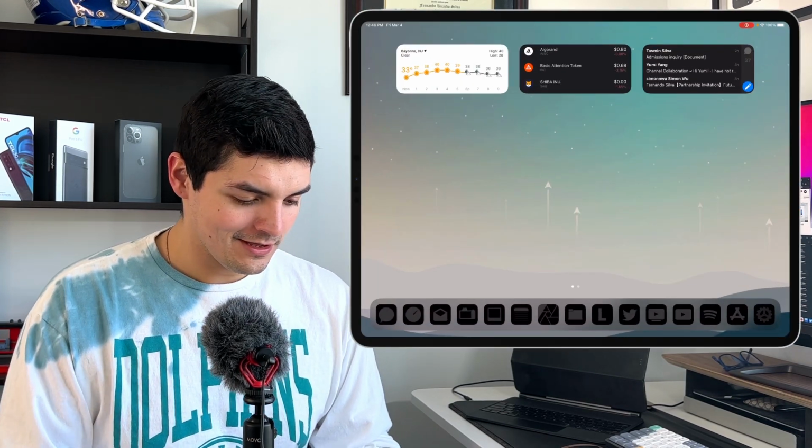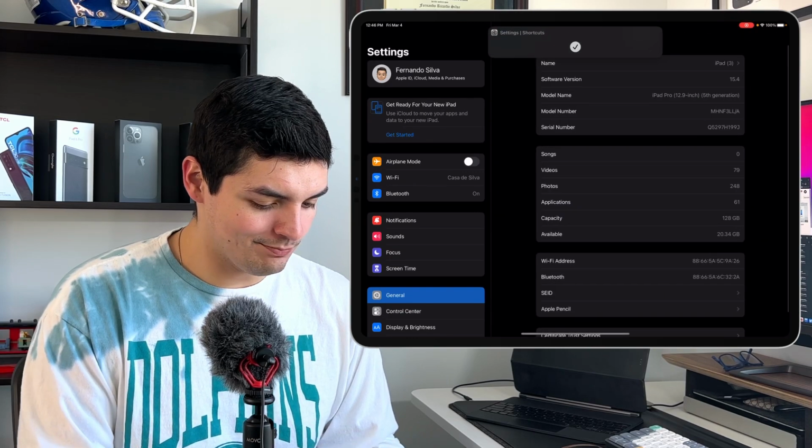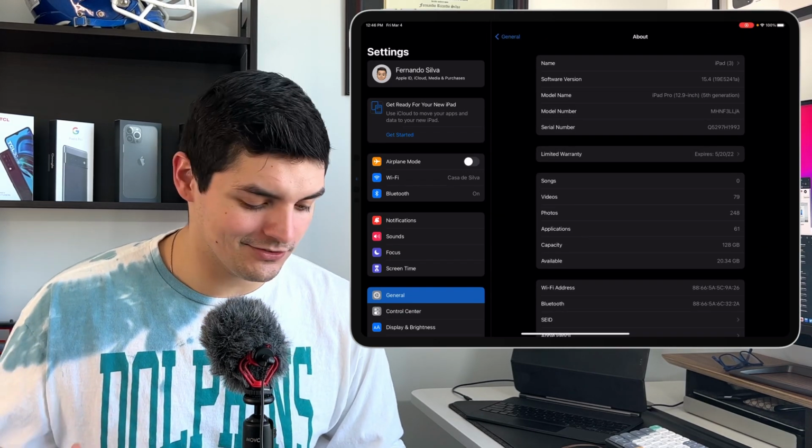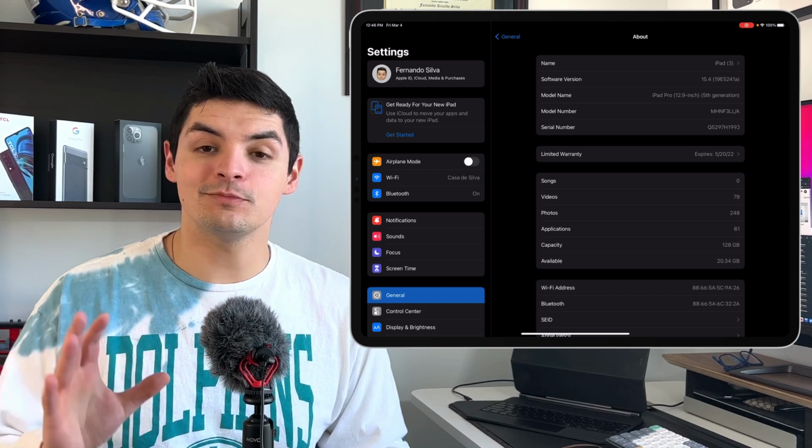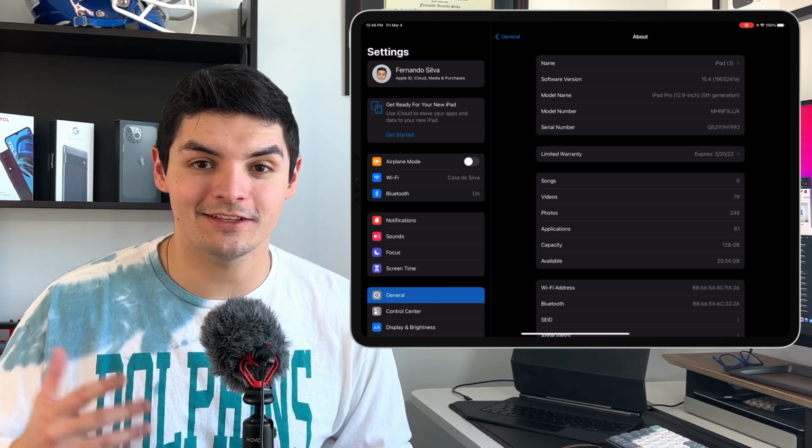Okay, so let's jump right into this video, everybody. I'm going to pull up the iPad screen right here so we can get to see exactly what's going on. Let's go into the settings first, talk about the actual build number. So again, this is an A iteration, so we're on 19E5241 lowercase a, which means on March 8th, probably after the event, we're going to get some over-the-air updates to